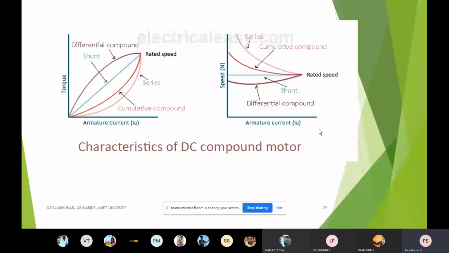We can control it very precisely. At the same time, whenever we have a braking operation, we can very well recover the energy which may be wasted in the brake shoes, and we can feed it back to the source also. So these are all the advantages. With these advantages only, earlier our Indian Railways also used DC series motors and all.